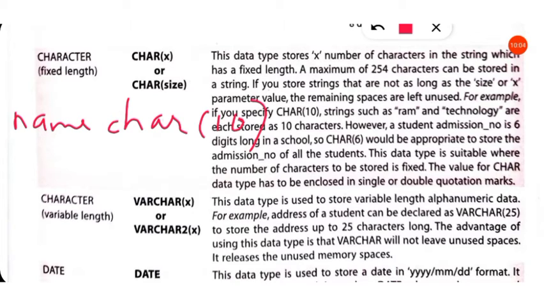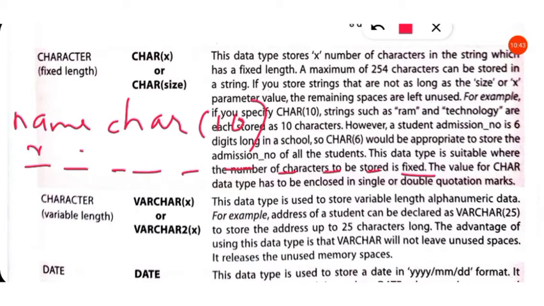So if I store RAM, RAM has only 3 characters. And if I store technology, technology has 1 2 3 4 5 6 7 8 9 10 characters. So what happens if I use the char data type? We are reserving 10 units for storing the names. After storing a name, 10 units are reserved.